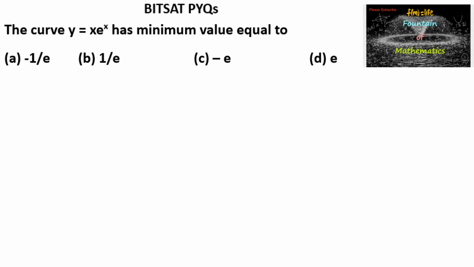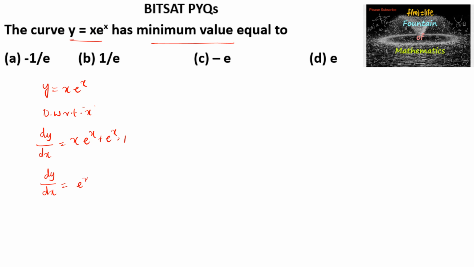The curve y is equal to x e power x has minimum value. So we need to find the minimum value of the function. So given y is equal to x into e power x, so differentiate with respect to x. We have dy by dx is equal to x into e power x plus e power x into differentiation of x is 1 by using UV rule method. That is dy by dx is equal to e power x taken common x plus 1, or d square y by dx square is equal to e power x into differentiation of x plus 1 is 1 plus x plus 1 into differentiation of e power x is e power x, that is e power x of x plus 2,